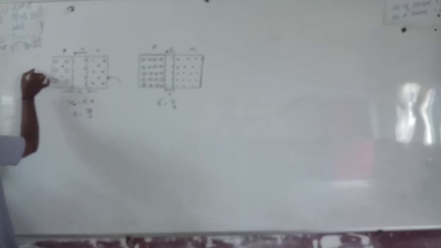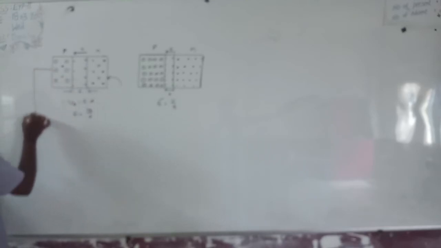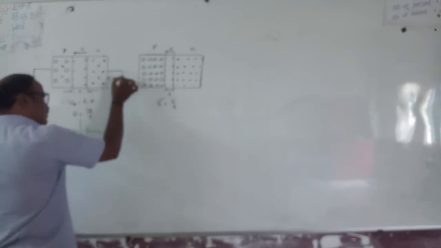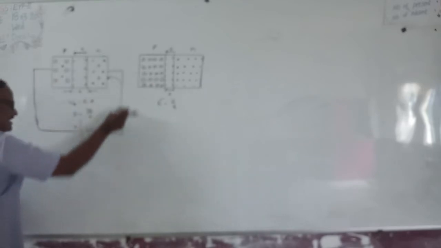Okay. Suppose this is an ordinary PN junction diode. Let this diode be connected such that the p-type is connected to the positive polarity of the battery, and the n-type is connected to the negative polarity of the battery. What happens? This is p-type and positive, and this is negative. P-type connected to positive means p-type is connected to higher potential and n-type is connected to lower potential, such that the diode is set in forward bias.